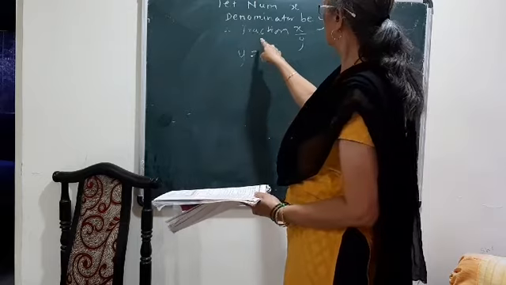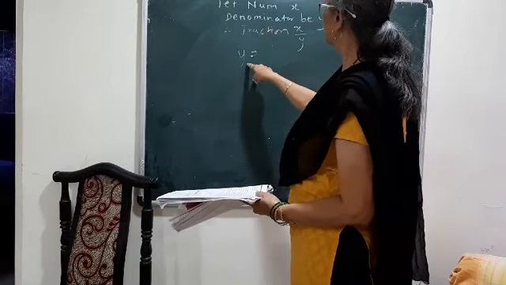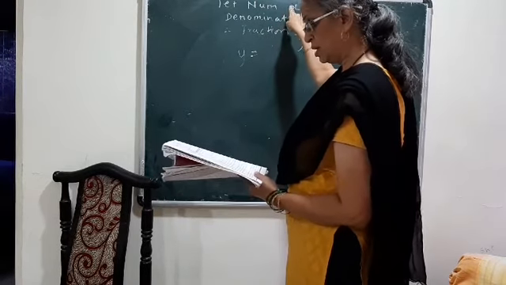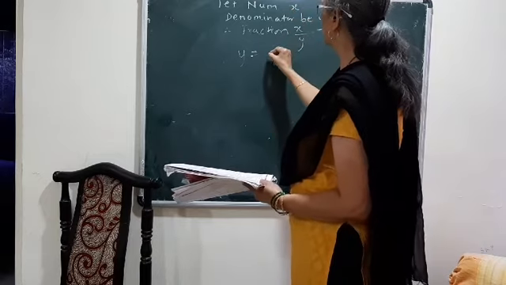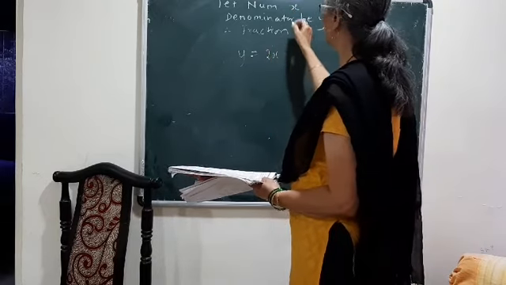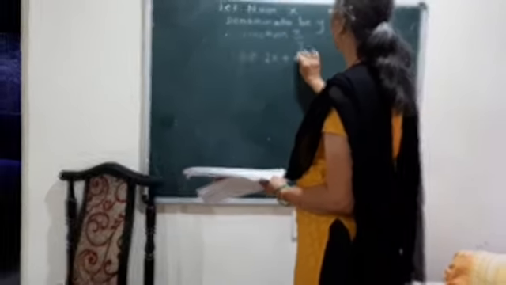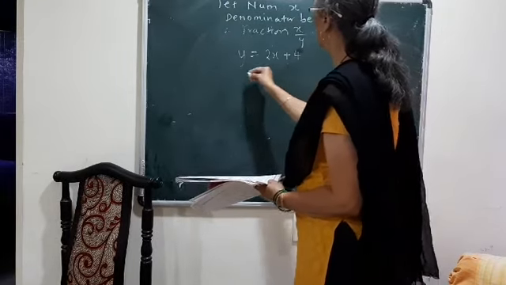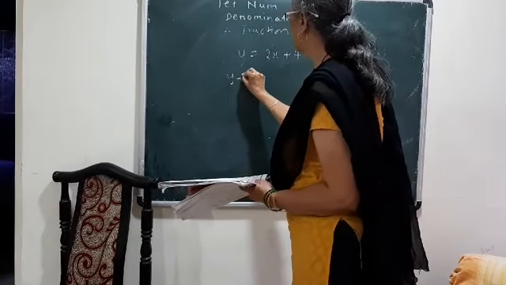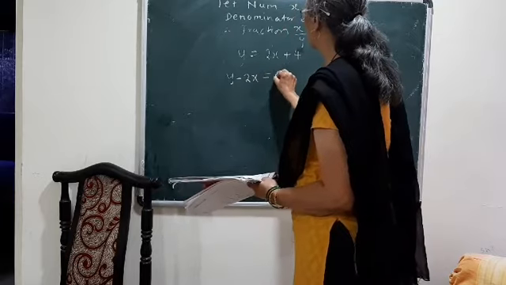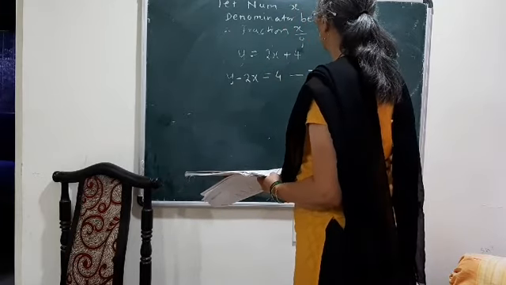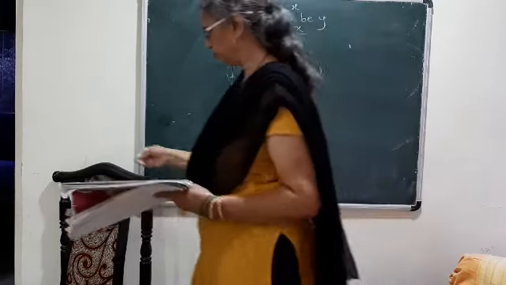So the denominator is 4 more than twice the numerator. So 2x, twice the numerator, more, that's why we are going to add 4. So what will be your first equation? y minus 2x is equal to 4. So this is the first equation.